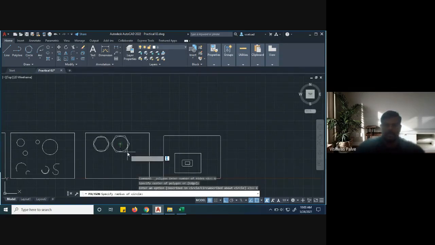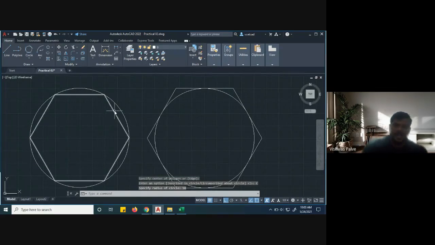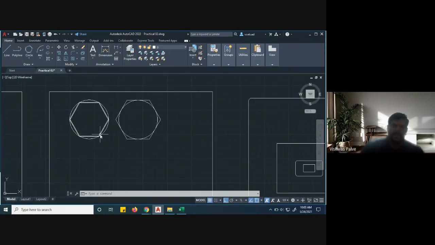Then what happens? See how much radius? 50. So you can see the difference in this. The first one was inscribed and the second was circumscribed. Inscribed means we draw a polygon inside a circle, and this is the polygon outside the circle, considering the same radius. So this is the difference between the two, inscribed and circumscribed.